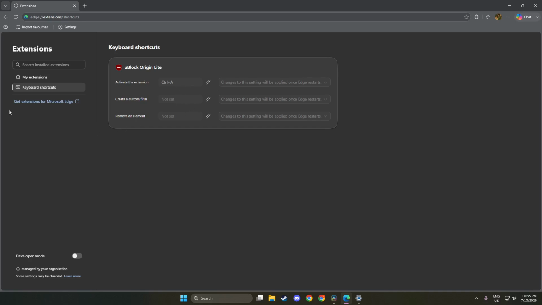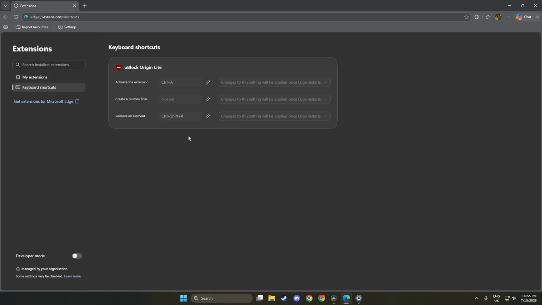After that, press the new key combination you want to use. Be sure to choose a combination that feels comfortable and is easy to remember. This is important because a well-chosen shortcut can enhance your productivity and make using the extension more efficient. As you press the new keys, you may notice that the field fills in automatically. This feedback assures you that the keyboard shortcut has been recognized by the browser.